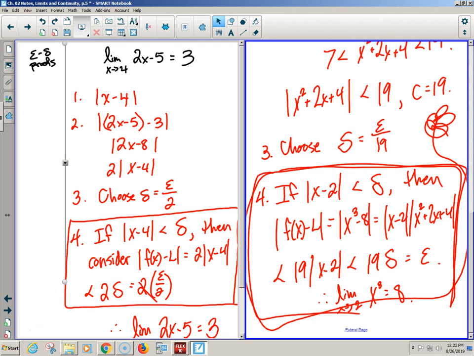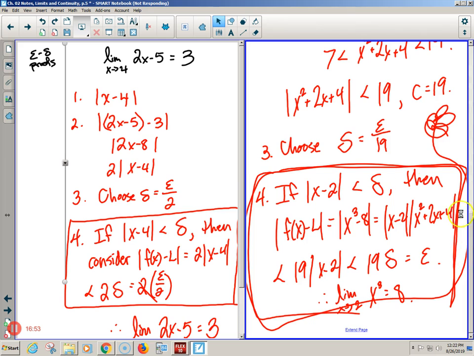So if you guys notice this proof, you're actually kind of building what you end up using to prove. So you're actually making it kind of fit the form of the epsilon delta proof, which is kind of weird. Like there are steps to where these were very similar as to what he was doing. The math just got a little bit more complicated because over here it matched up really quickly with the, hey, just factor out a 2, no big deal. And then you have the 2 and the x minus 4. And he was able to build the proof really quickly, whereas over here with that whole 7 and 19 and the absolute values